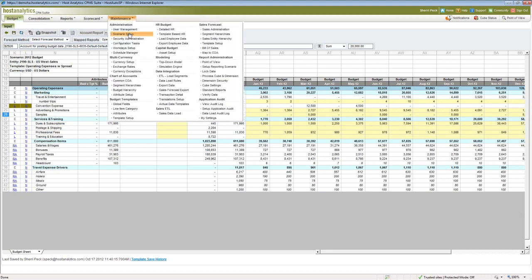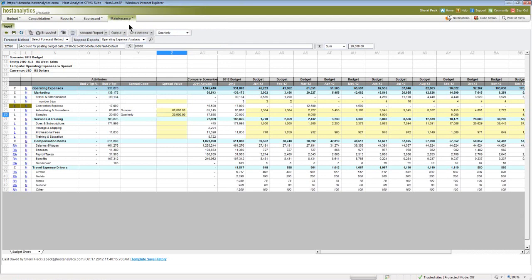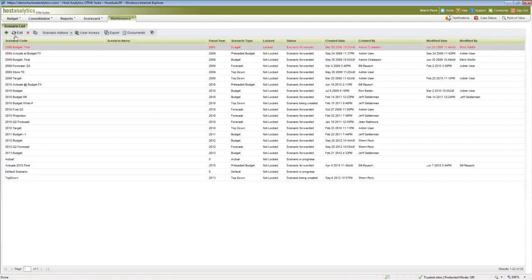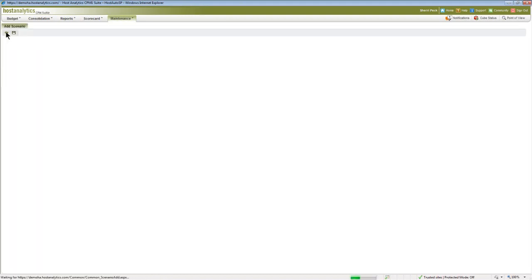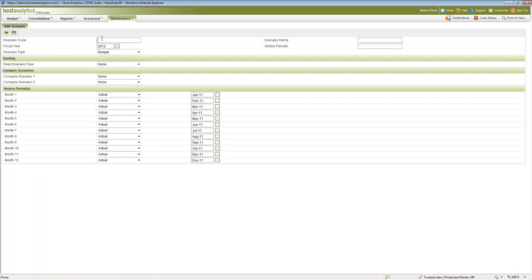We have unlimited scenarios that you can set up, so I'm going to set up a forecast scenario. This is going to allow me to combine my actual with my budget information. I'm going to add one, and just for ease of finding it, I'm going to call it 1 plus 11. So I'm going to have 1 month of actual and 11 months of budget.